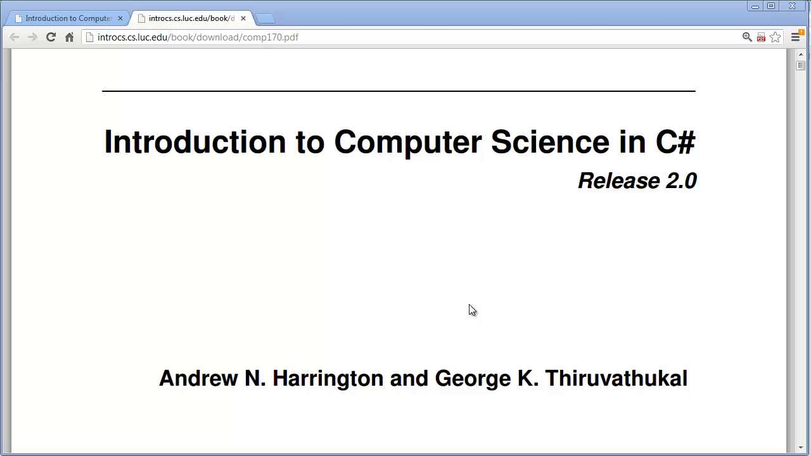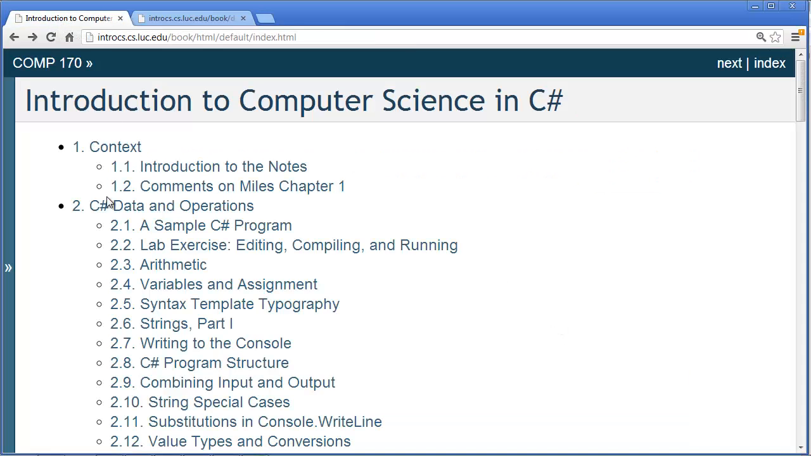Welcome to Introduction to Computer Science in C#, written by myself, Dr. Andrew Harrington, and my collaborator, Dr. George Theravadakal. At the moment, you're looking at the cover of the PDF version of the notes. We are going to more generally use the HTML version, where I'm showing you the beginning here, which starts with